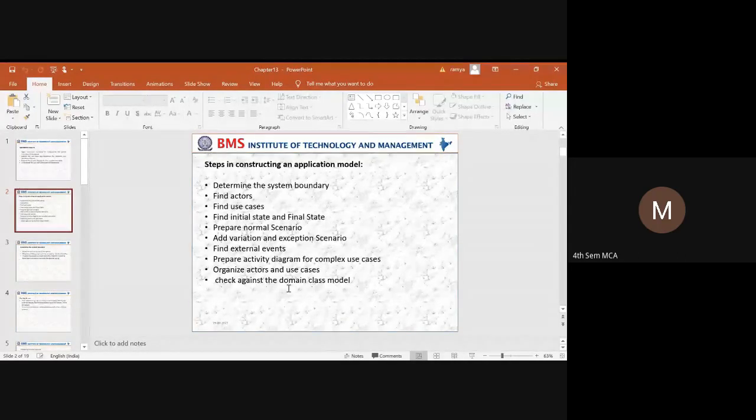Next, check against the domain class model. So how do you identify whether the use case model or activity model that you have written is correct? The class model is a static model. When we have considered a class model, we need to identify which are the classes, and what are the attributes and the operations that have been included.